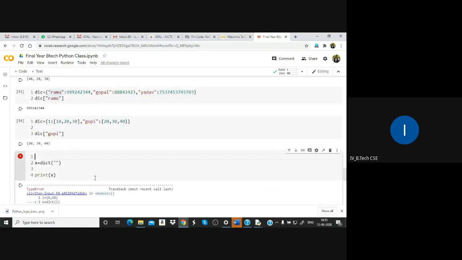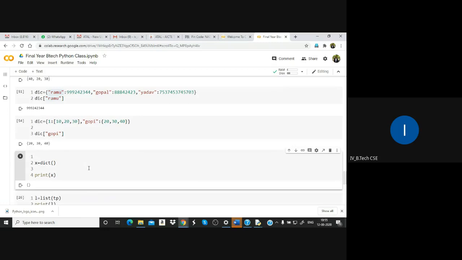Just some errors are coming. So this is the empty dictionary; you can create it with the dict function.